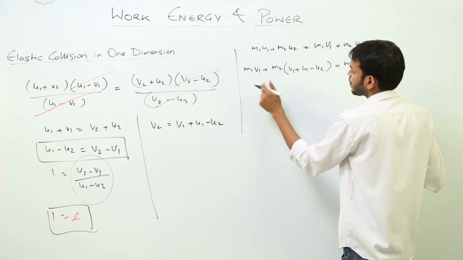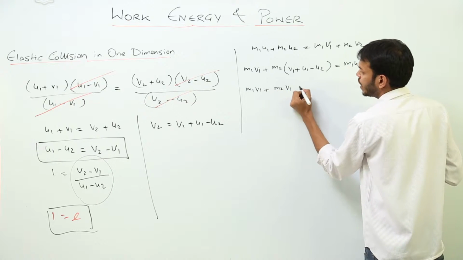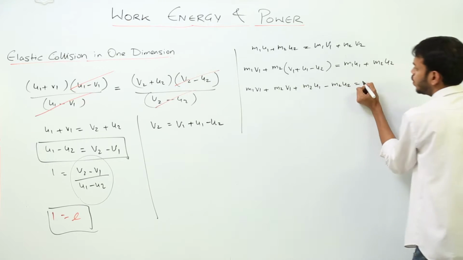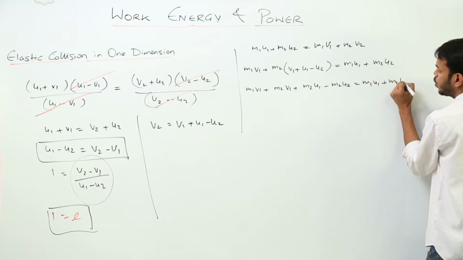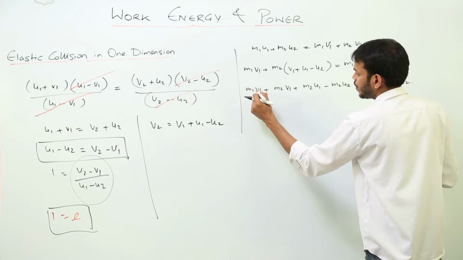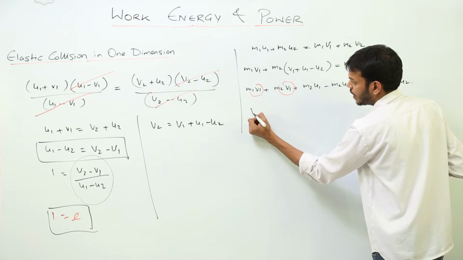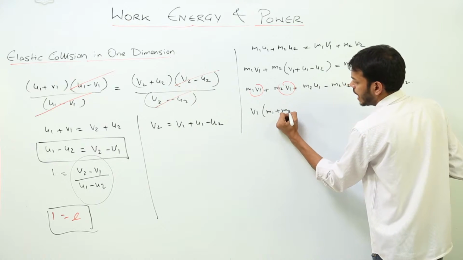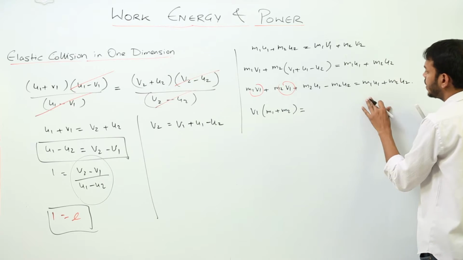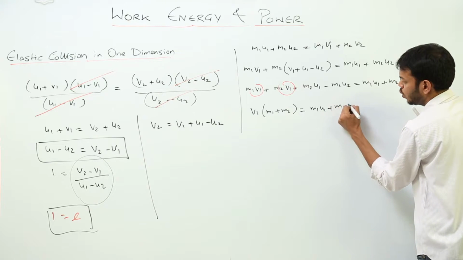Alright, so expand this or open the brackets, and you will get m1 v1 plus m2 v1 plus m2 u1 minus m2 u2 is equal to m1 u1 plus m2 u2. Okay, is there anything common? First of all, I want the value of this v1, which is in these two terms. So I am taking v1 common from these two terms, and I will be left with v1 (m1 plus m2). Number two, if I take these two terms to that side, I will be left with m1 u1 plus m2 u2,